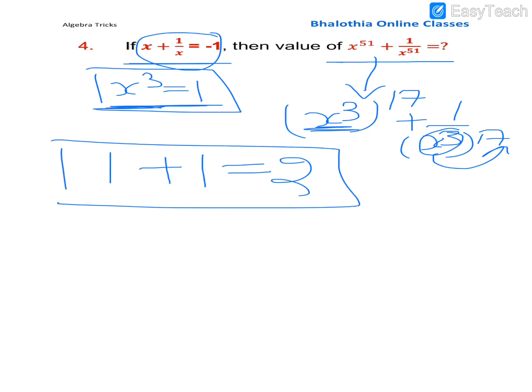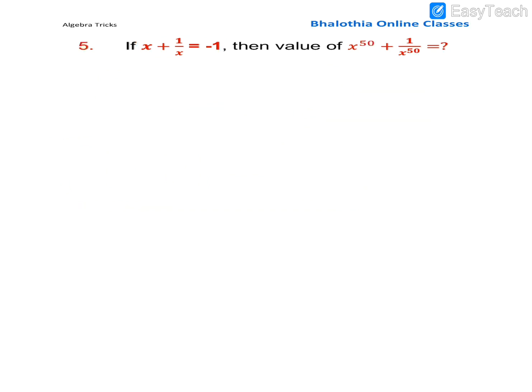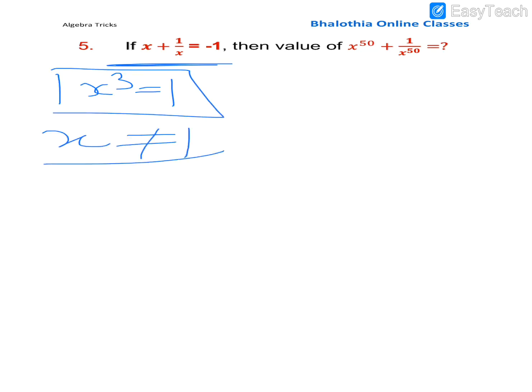So it is very easy. You just have to think and keep this in mind: x cube equals 1, then it will become very easy for you to solve this type of question. Okay, moving to the next one. Here also minus 1 is given, so we know x cube will become 1. x cube equals 1. x is not equal to 1 here guys, keep that in mind. You may get confused, thinking that if x cube equals 1 then x will also become 1. That's not always true. x cube is 1.